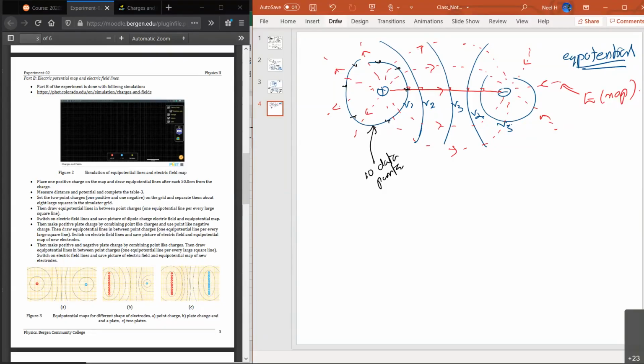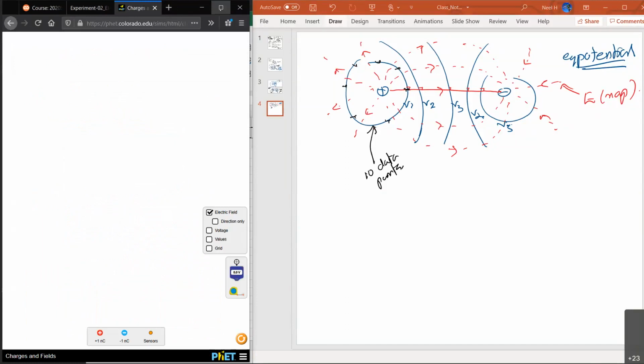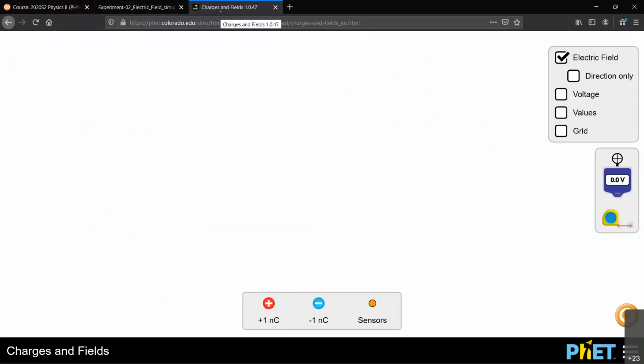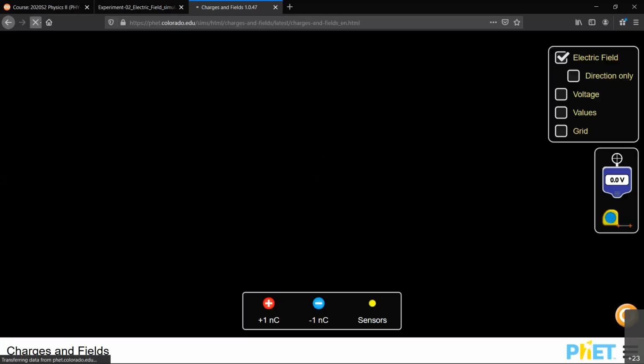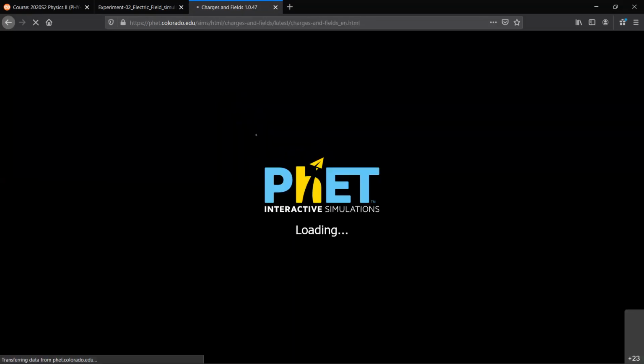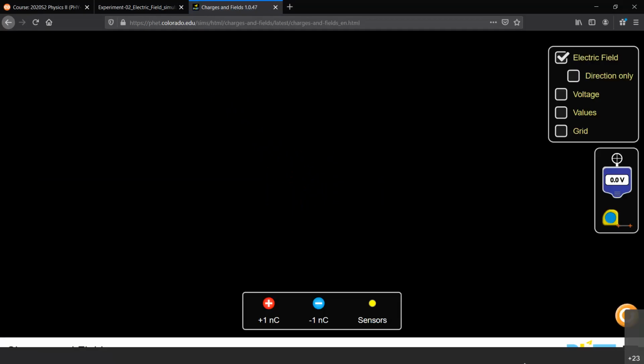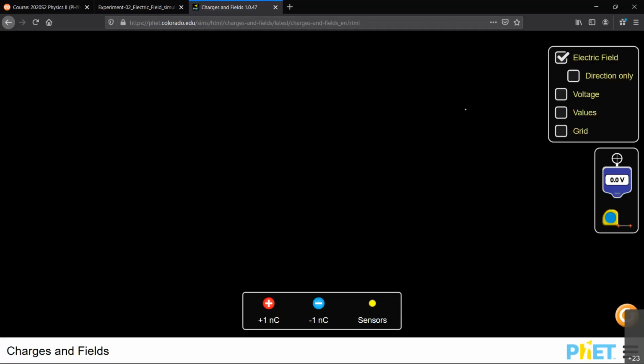So that's the idea about the simulation. This is very simple. You can see the link here. Just click on that, and it will bring you to this kind of page. Initially the page should look like this, and the background is blank. Then click on this arrow. That will bring you to this page. The page background initially looks very black. That's okay, just keep it like that. I will explain how to get the page we need in a bit.